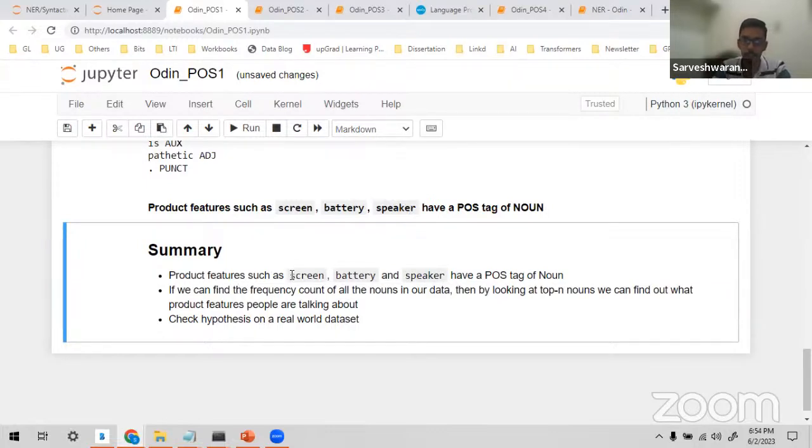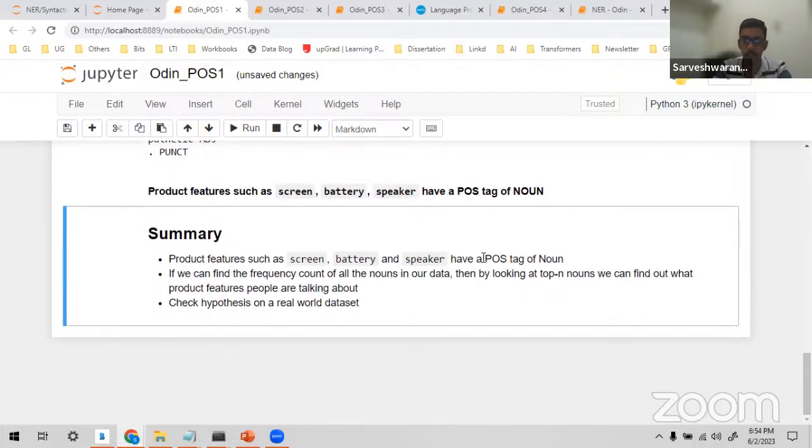Important product features such as screen, display, battery, speaker all have a part of speech tag of noun. The next step would be to find the frequency count of all the nouns in our data. Then by looking at the top n nouns, we can find what product features people are talking about.